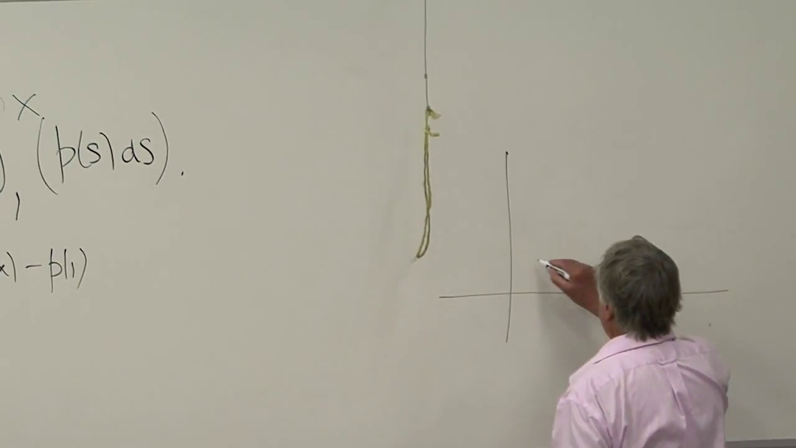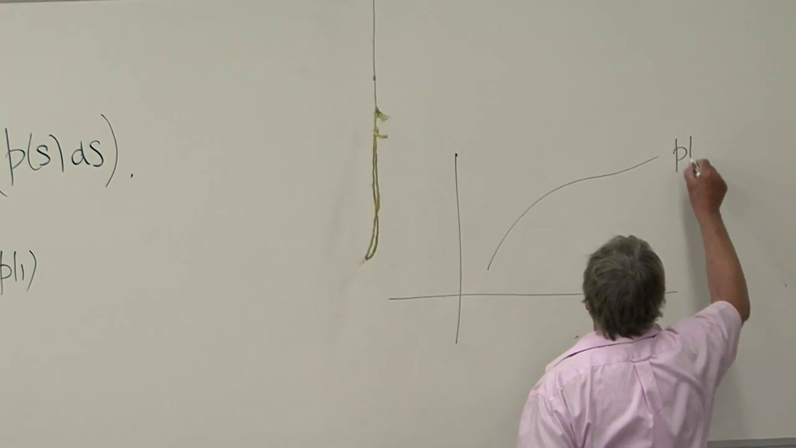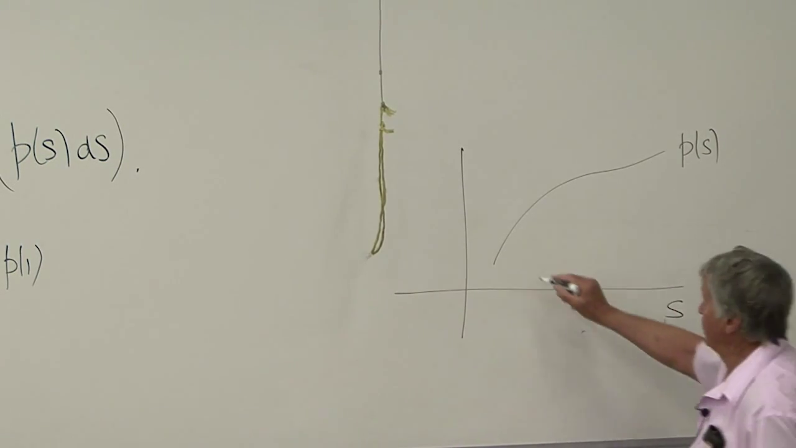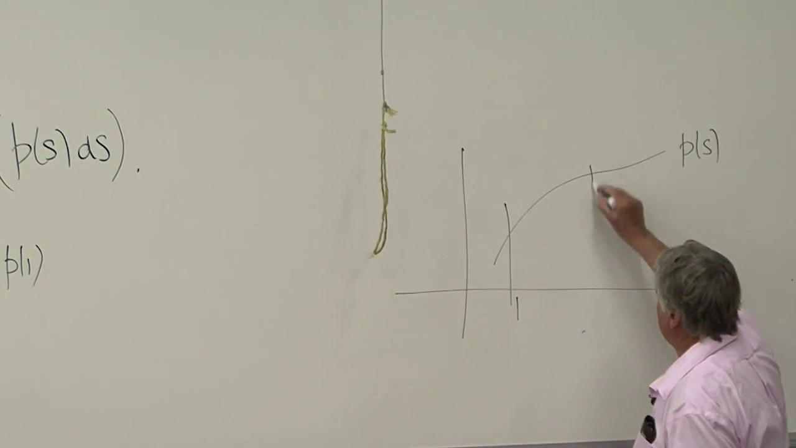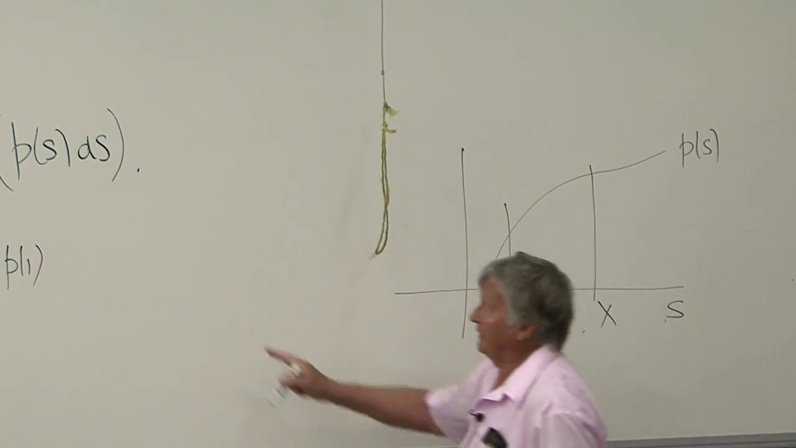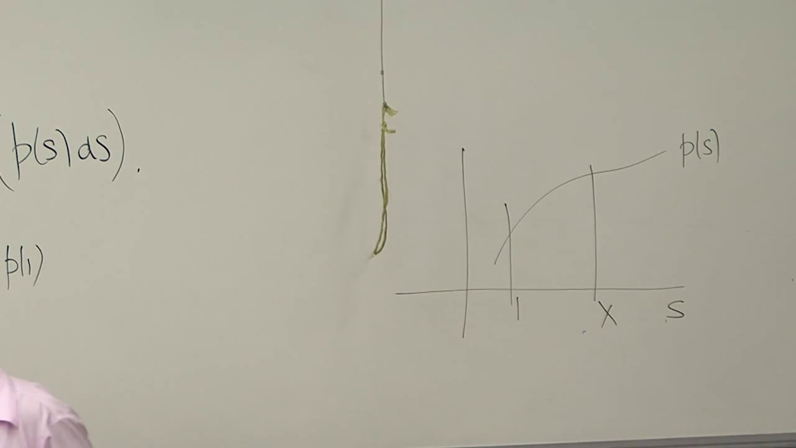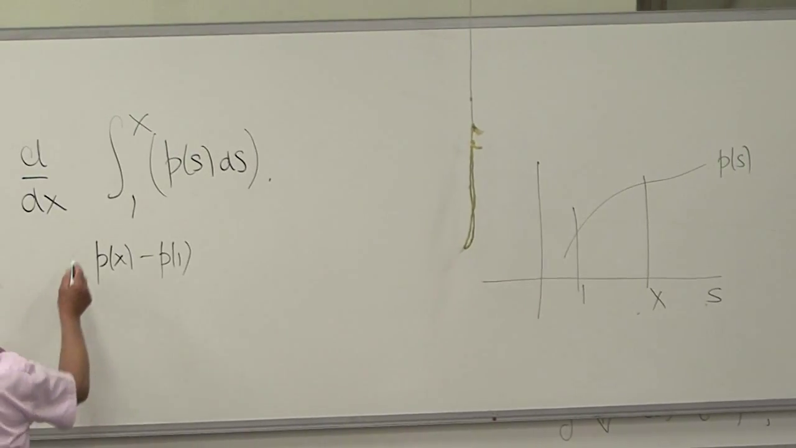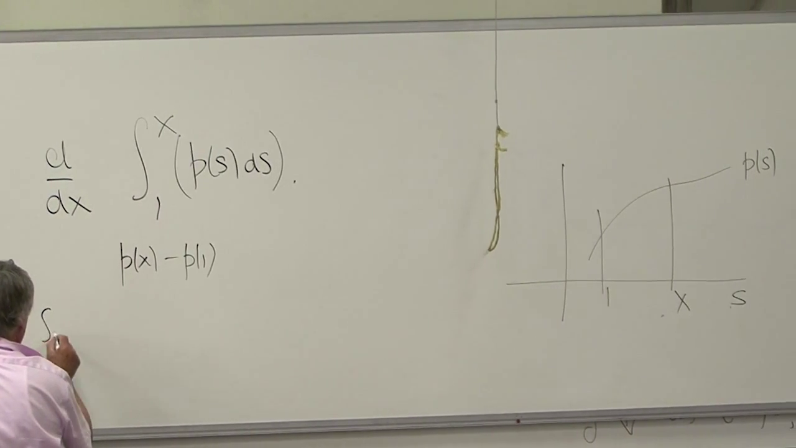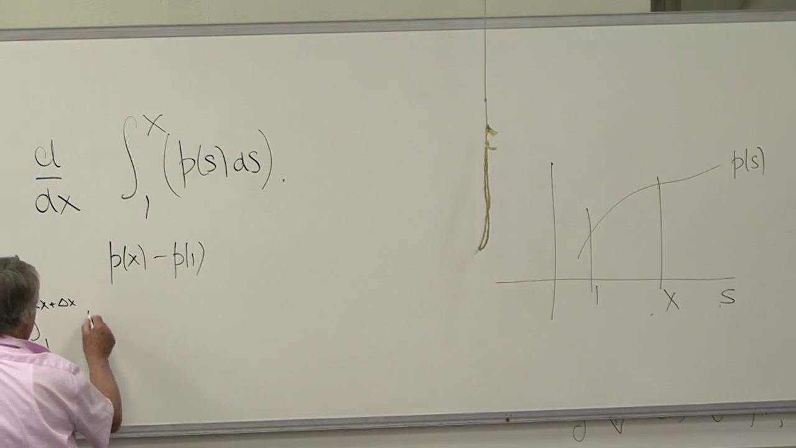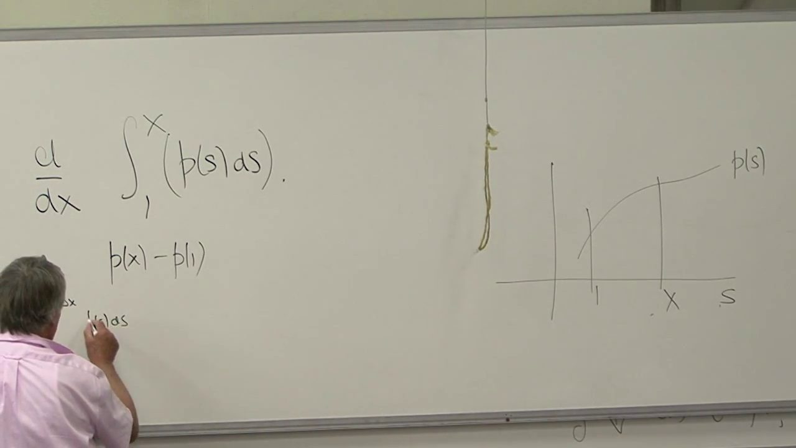If I have a graph of p of s, and this is s, and I want to find out the area under that graph between 1 and x, that is the integral of p of s ds from 1 up to x. So supposing this is the function, its derivative will be what? It'll be the integral from 1 up to x plus delta x of p of s ds,